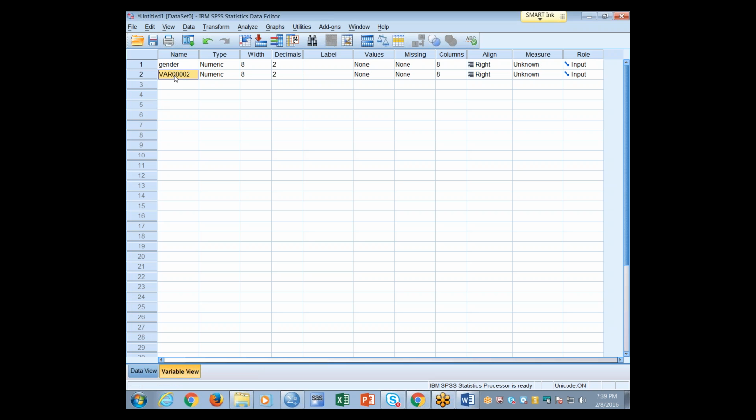Rules on the variable name. There's a limit, but in the current versions of SPSS, it used to be the limit was like, I don't know, nine characters or something like that. Nowadays, you can have very long variable names if you want, and you can have certain special characters like underscores and stuff like that, but you can't have